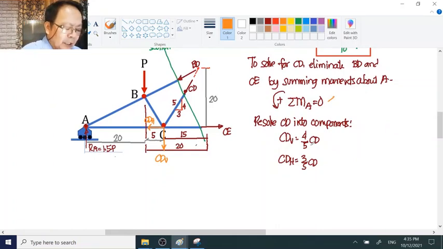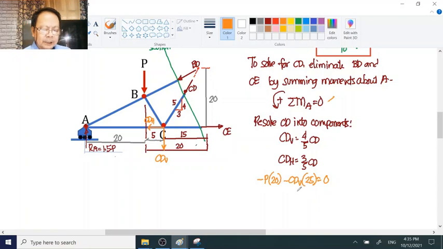So when we sum up the moments, what will be our moment summation? Let's start with P. P will be creating a clockwise moment, therefore that would be negative: negative P multiplied by 20. Whereas CDV will be creating a positive moment. That would be equal to minus CDV multiplied by 25 equals 0. Now if we substitute the value of CDV and then transpose, we will find that CDV multiplied by 25 will be equal to